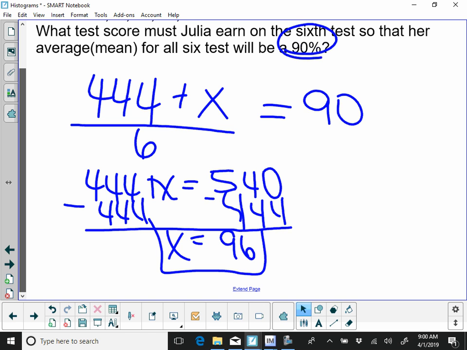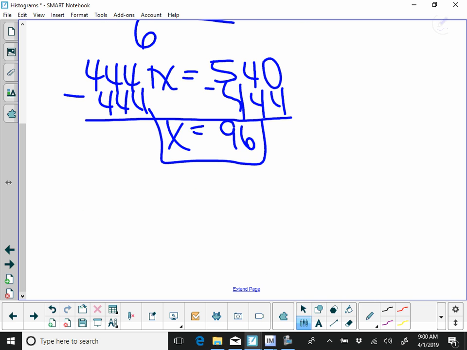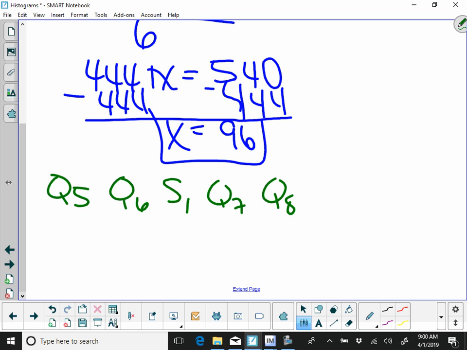So whenever y'all go to find your stuff out, just so you know, here's what your report card looks like. You'll have Q5, Q6, S1, Q7, Q8, S2, X1, and F1. That's the marks you'll have. The only ones you care about